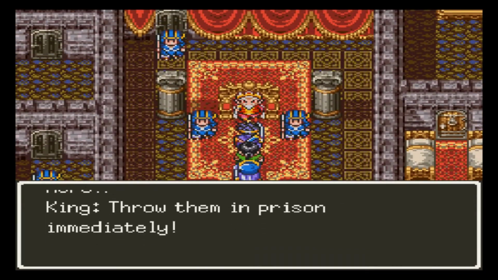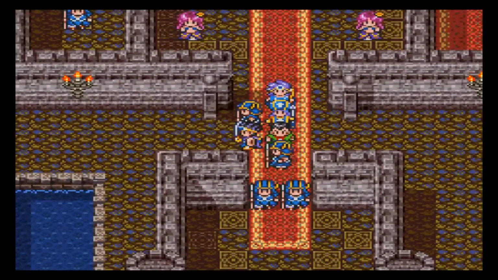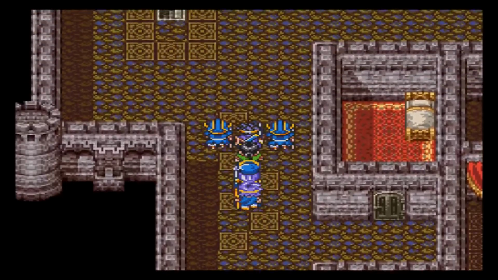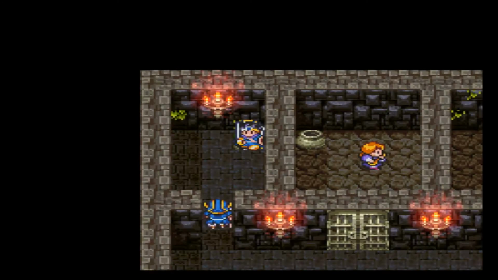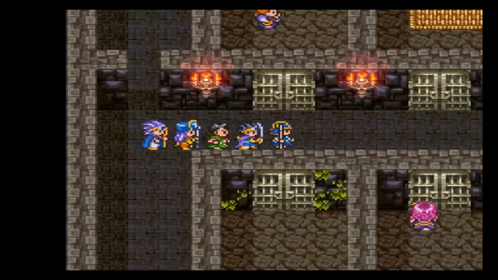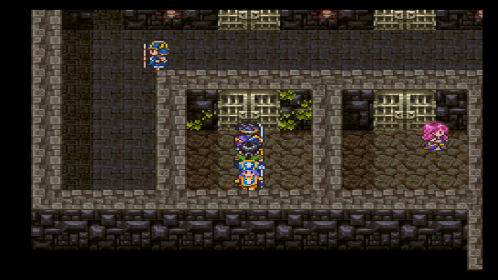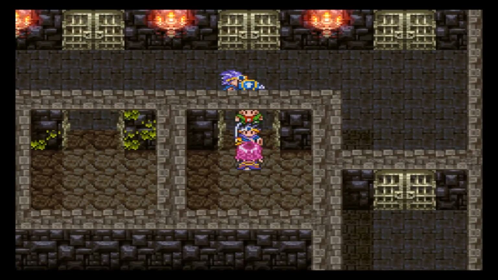You scum, how did you get in here? Throw them in prison immediately! Okay, move it. What if I don't want to go to prison? You guys better let me keep all my stuff. Get down there. Now, over there. Now, get in there. Shut the hell up. Okay, well, we got to keep our key, so...